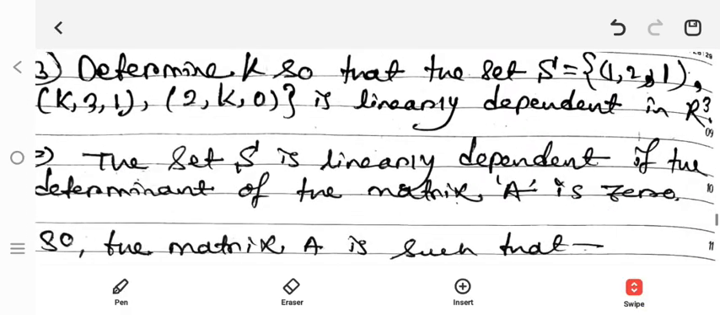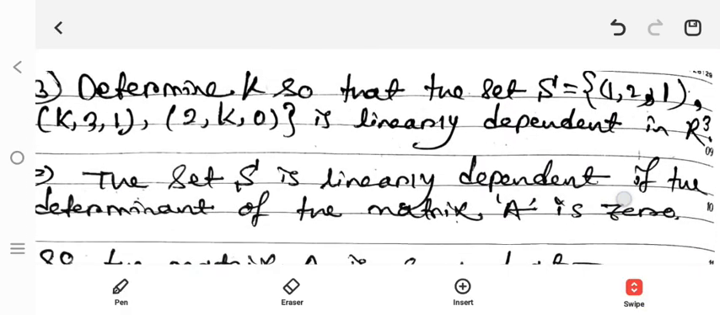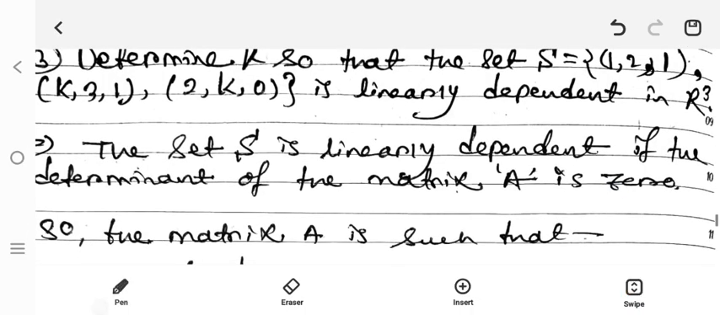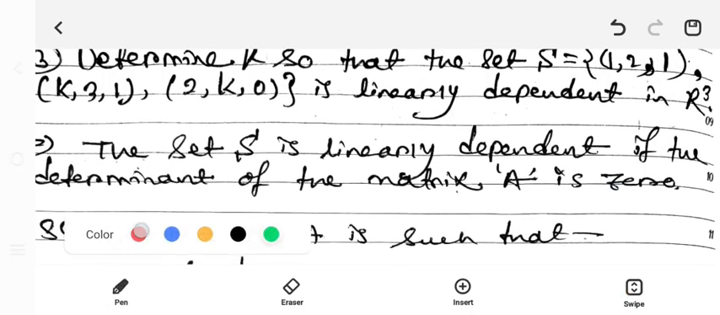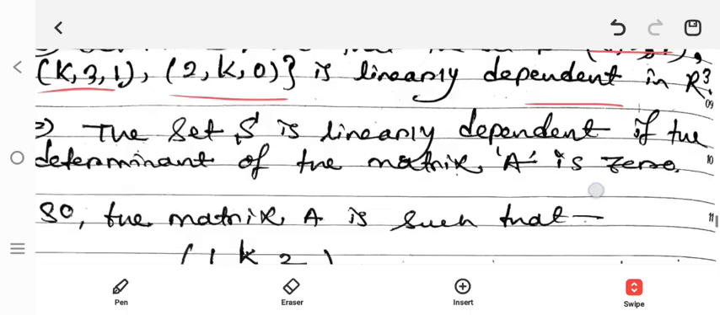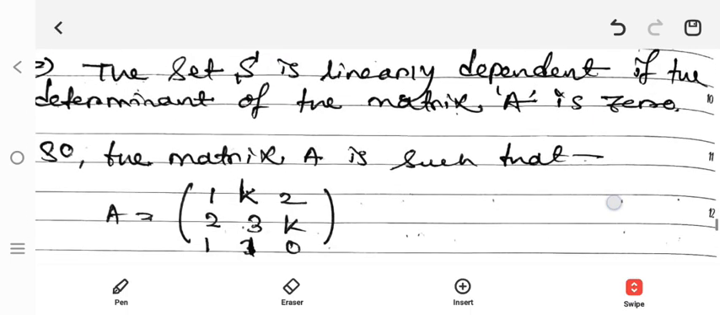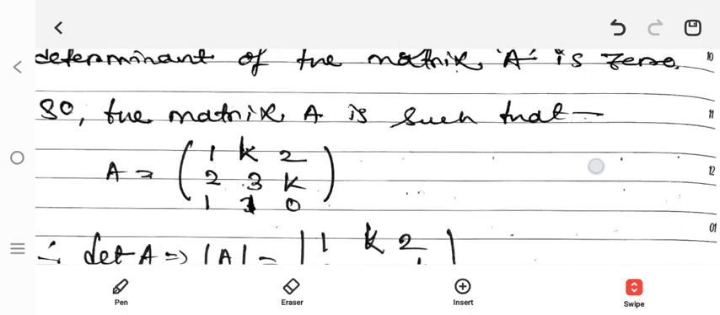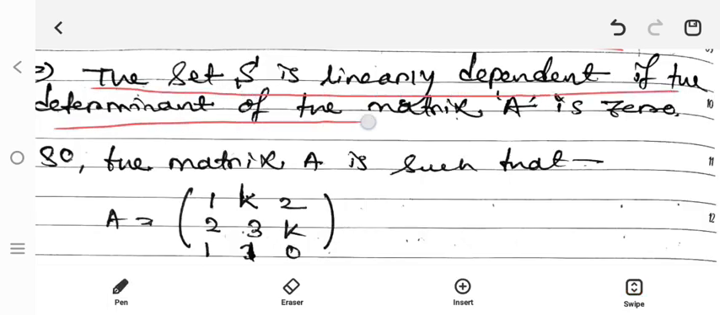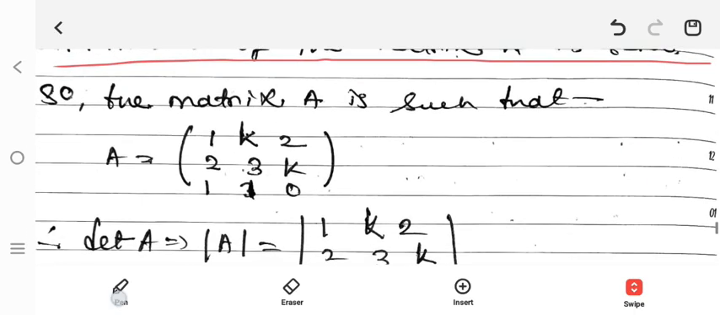And our third question: determine K so that the set S, which contains these three vectors, the first, second, and third, is linearly dependent in R3. The set S is linearly dependent if the determinant of the matrix A is 0. So the matrix A is such that